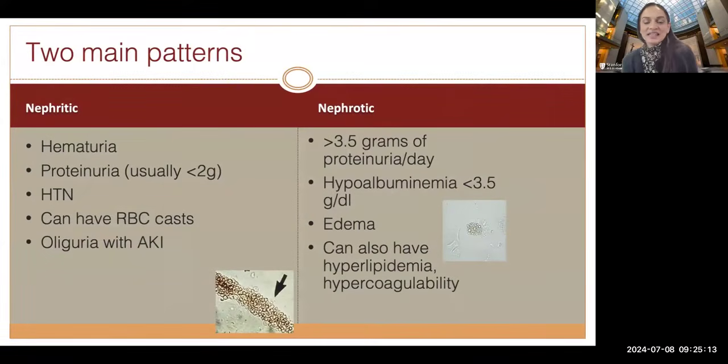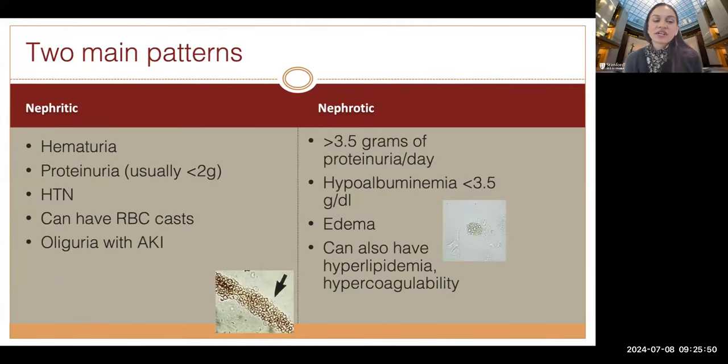So again, in kidney disease and evaluating glomerular disease, which is what I deal with, which can be this rare kidney disease population, there are multiple diseases that I take care of. It could be over 20. We have to evaluate how to categorize a patient. And so when we teach our residents and medical students how to evaluate these diseases, we say that these patients can either be in this nephritic pattern or this nephrotic pattern, which helps us differentiate the patients that we're taking